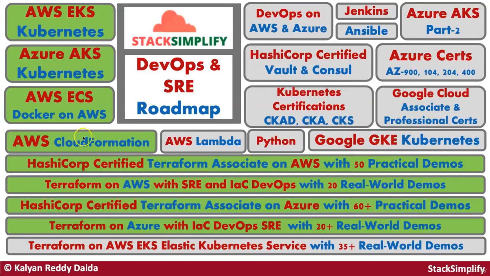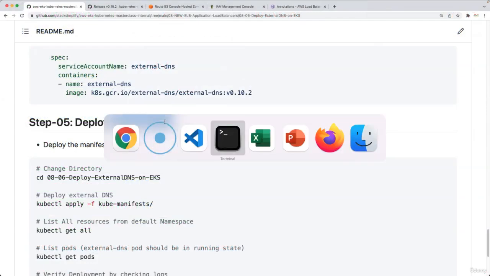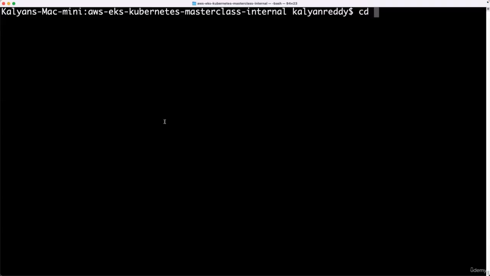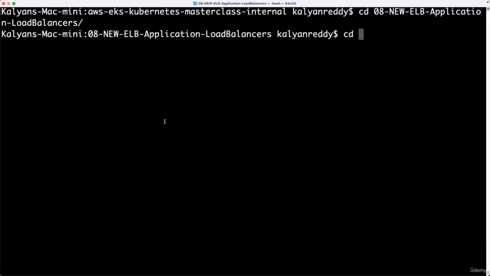Starfreelancer.eu. Welcome back. As part of step 5, we are going to deploy the external DNS. So let's go to our terminal here and we'll enter into the section 08 new ELB application load balancers, and inside that we will go to 0807